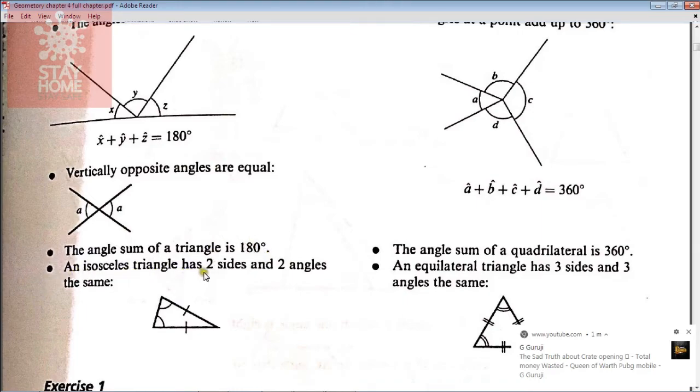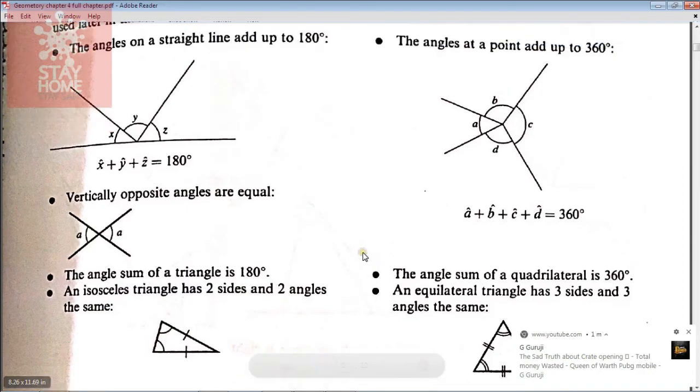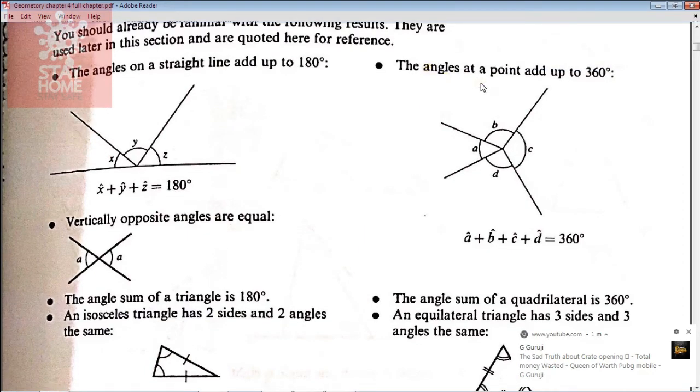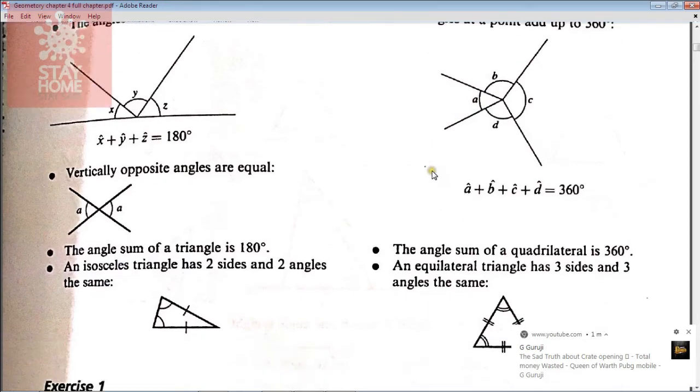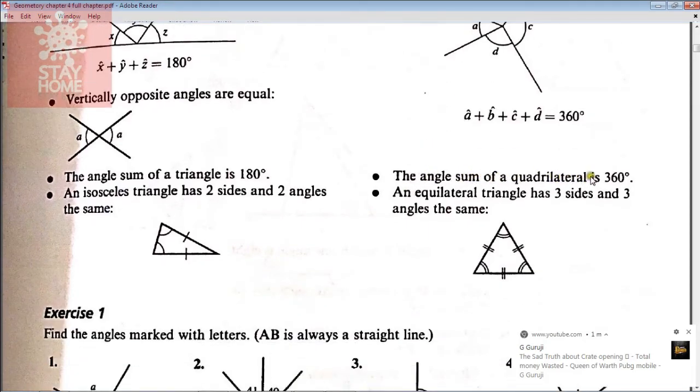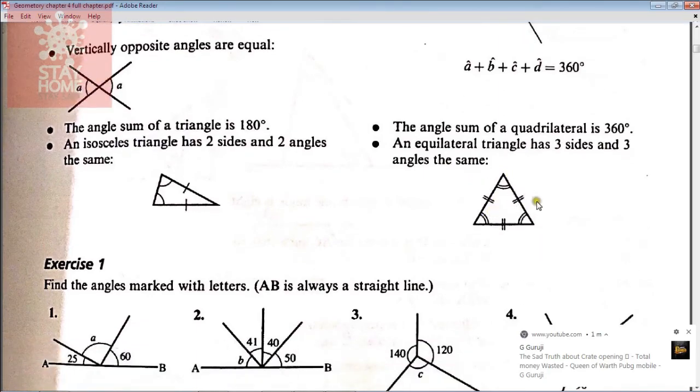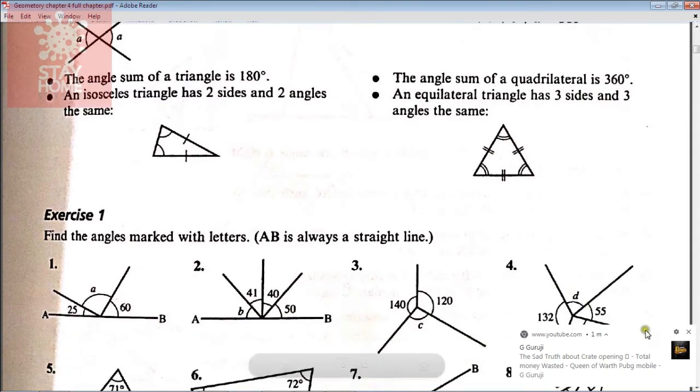An isosceles triangle has two sides and two angles the same. In any isosceles triangle, two sides and two angles would be equal. The angles at a point add up to 360. It means from one point move to the other point and complete the circle, 360 degrees total angle. The angle sum of a quadrilateral is 360. This is about the interior angles. An equilateral triangle has three sides and three angles the same. If all the angles and all the sides are equal, it is called an equilateral triangle. With the help of these concepts, we can